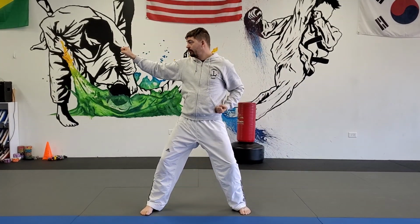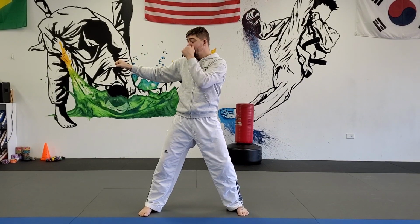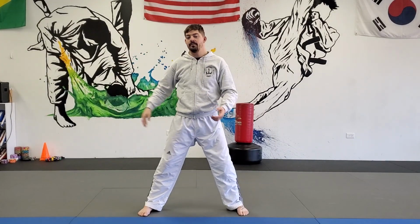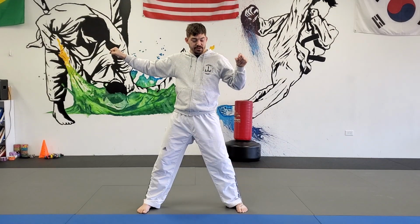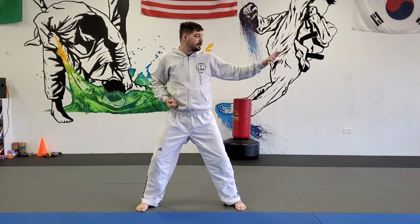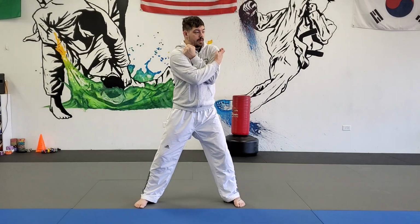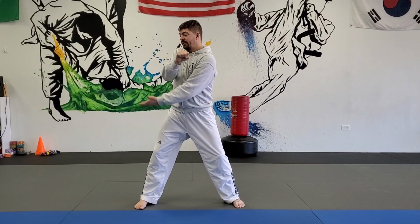1, 2. Single knife hand is almost the exact same, but you'll notice my knuckles are around my shoulder level here. At this point, my fingertips want to be shoulder level, so you don't want to go above the shoulder too much. So I go 1, knuckles at the shoulder, 2, knuckles at the shoulder. Now when I go 3, this hand goes from the hip, opens up, this one stays closed here, almost touching the shoulder, and straight across forward to a single knife hand. Fingertips right around shoulder level. This will close, this will open, and this comes in. My hand right here is going to come up to my shoulder and across. So we did in, out, 1, 2, now single knife hand. Same thing, 1,